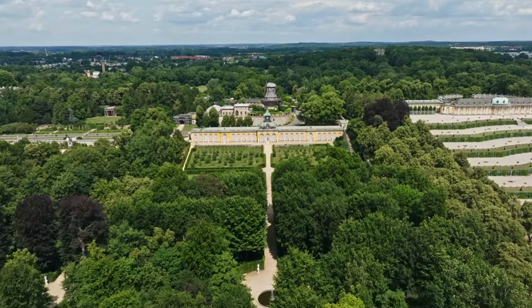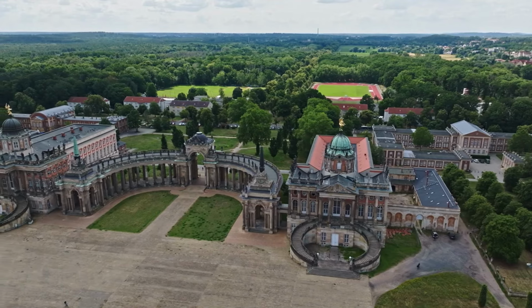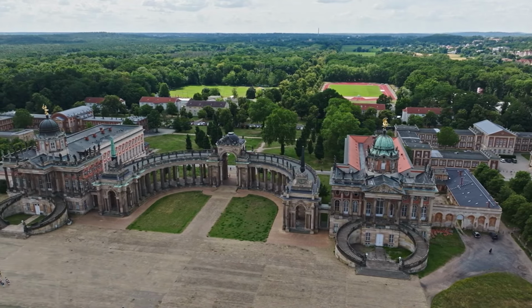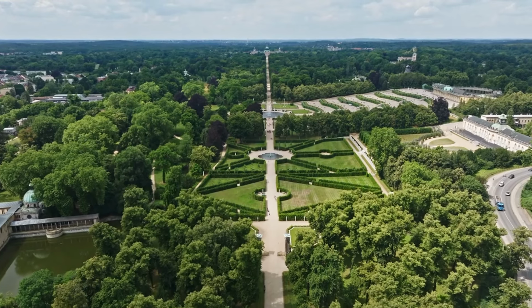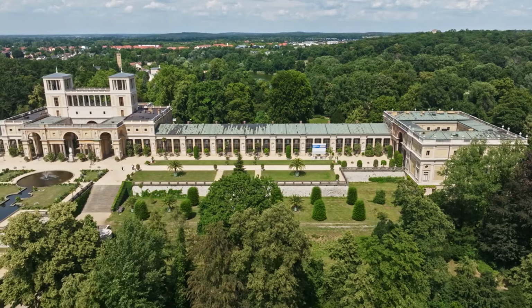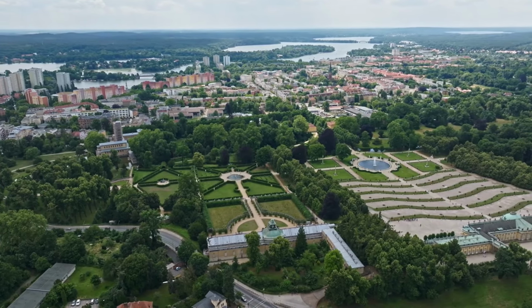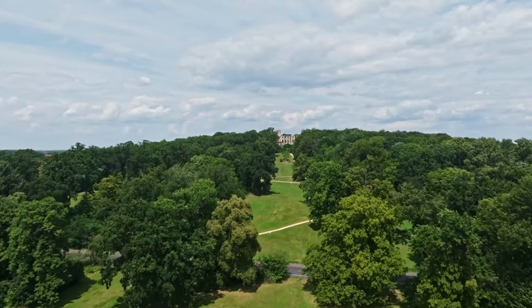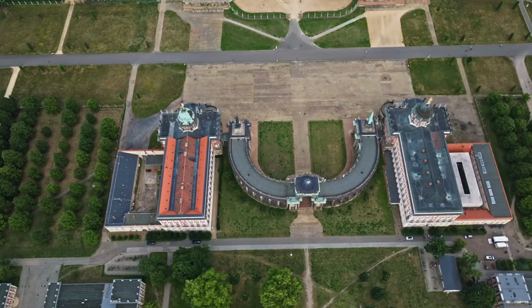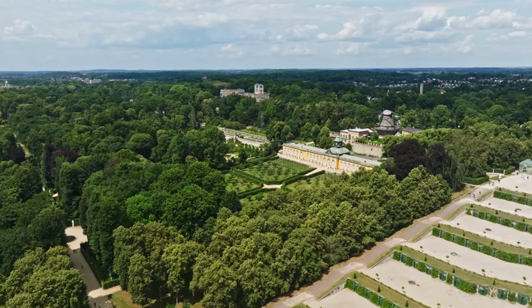of the world. Before we go, let's reflect on what Sanssouci can teach us. In our fast-paced, always connected world, it's easy to forget the importance of creating our own sanctuaries. Frederick built Sanssouci as a retreat, a place where he could reconnect with himself and with nature. What's your Sanssouci? Where do you go to escape, to recharge, to find beauty and peace? Maybe it's a corner of your garden, a favorite hiking trail, or even a cozy nook in your home. Wherever it is, I encourage you to cherish it, to make time for it, because we all need a little